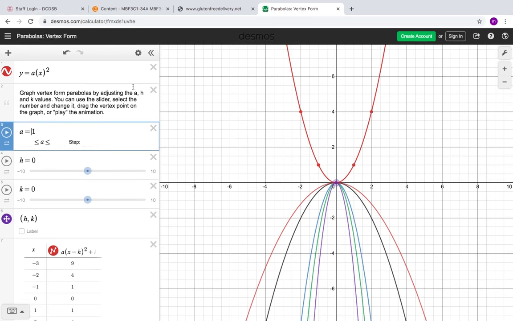Okay, so in this video we only did the a value, we only saw how the a value is changing your parent function, or your parent